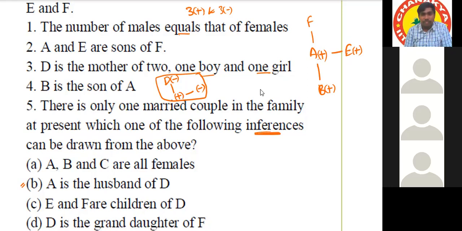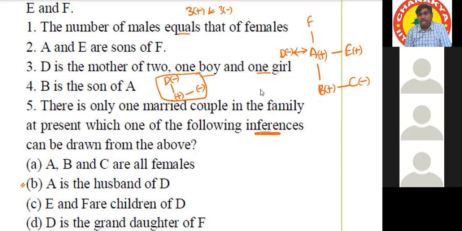So it is possible for only A. Compulsorily there should be a married couple, and that married couple is A and D. And one male and one more female are there. B is already a male person, and B has a sibling, means a sister. Who is that person? The person who is not there in this list. So it's C. A, B, C is not available. That's why we can take C here.